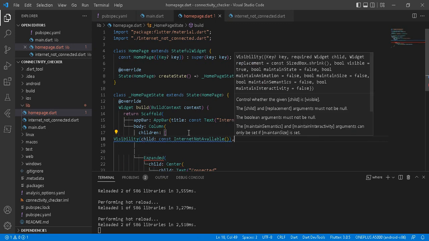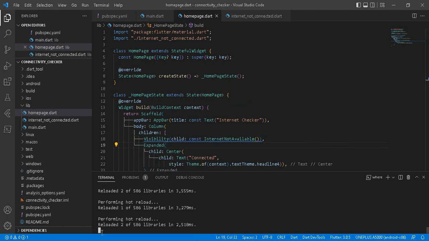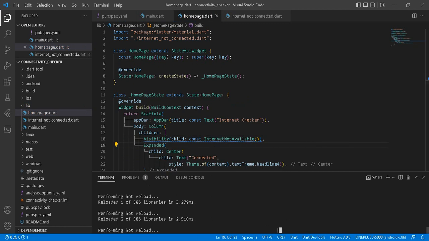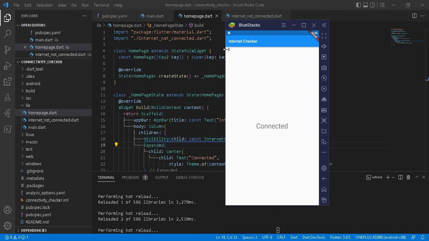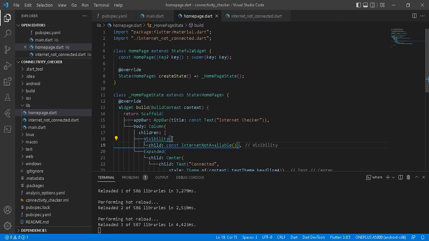Close it and comma, and when we reload it, we are going to get the no internet connection here, and we don't want this to be visible when the internet is connected. So the visibility has the visible